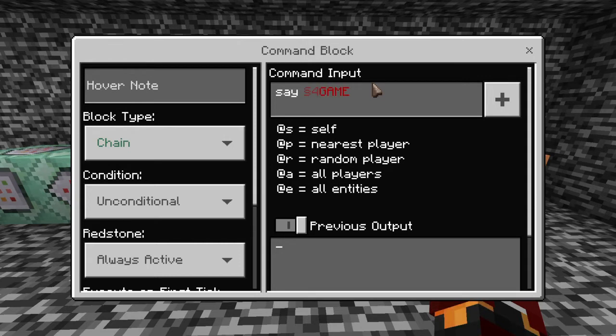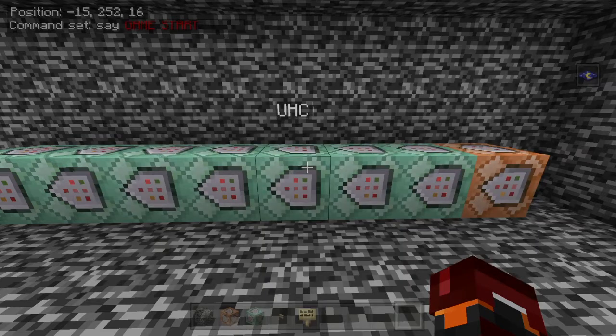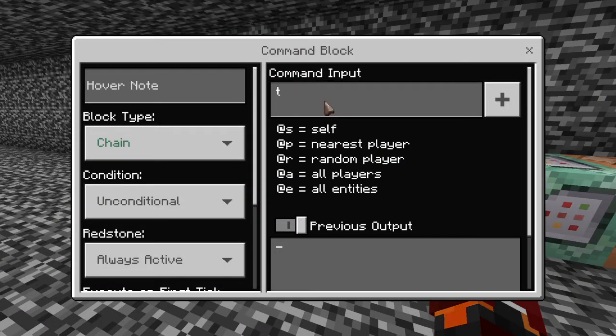Game start. We'll do UHC. We'll also do title at A. Title. Actually, we're not gonna do that. We're gonna do play sound mob. Whoops, mob dot ender dragon dot